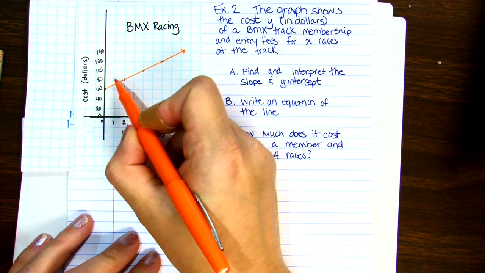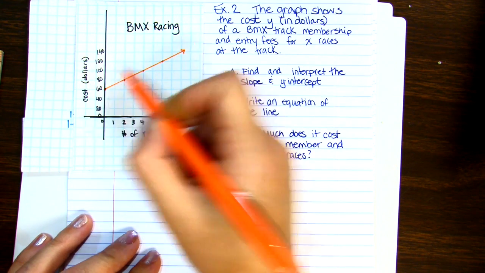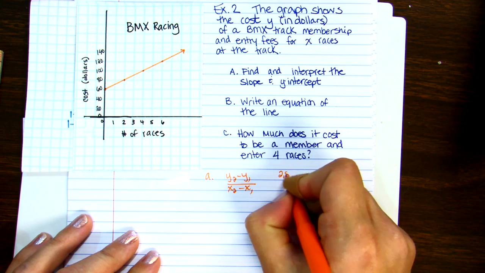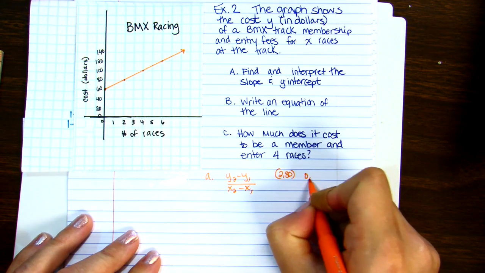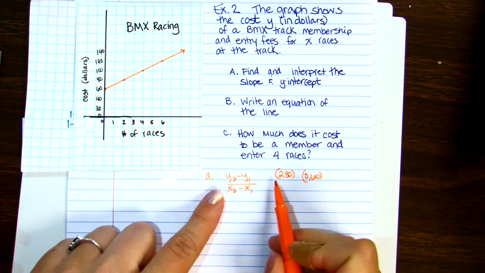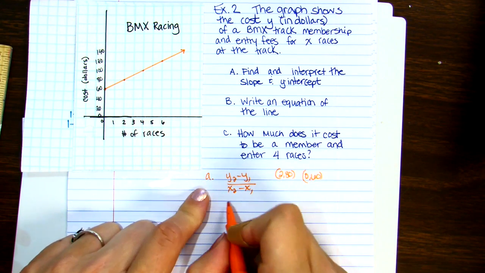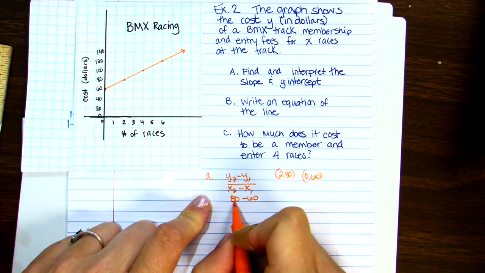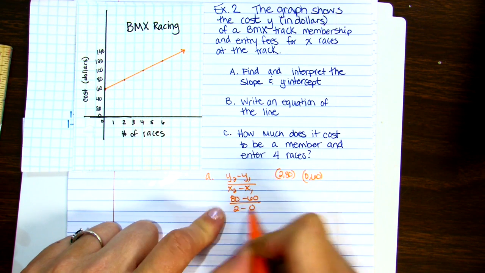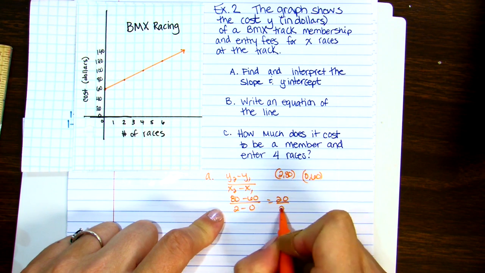So I see that 2 races is $80, so let's use the point (2, 80), and let's use our intercept, which is (0, 60). Let's plug those into this equation, so we get 80 minus 60 over 2 minus 0 is 20 over 2,